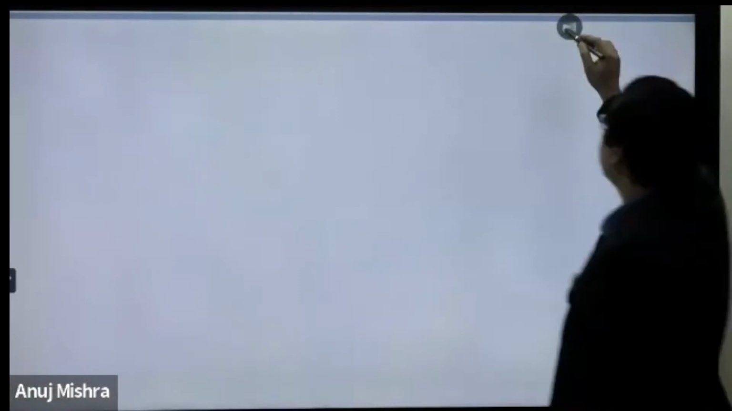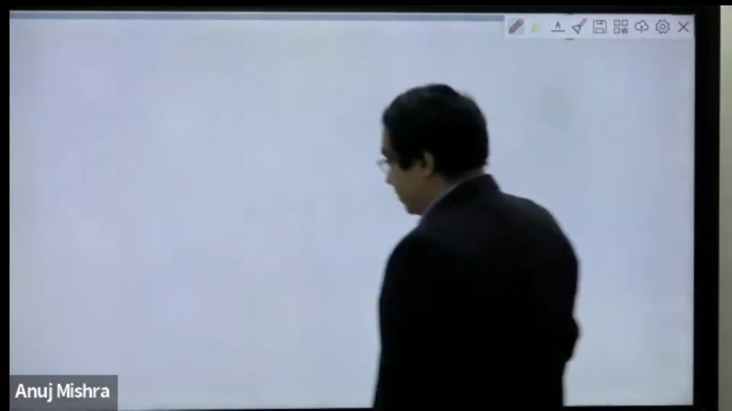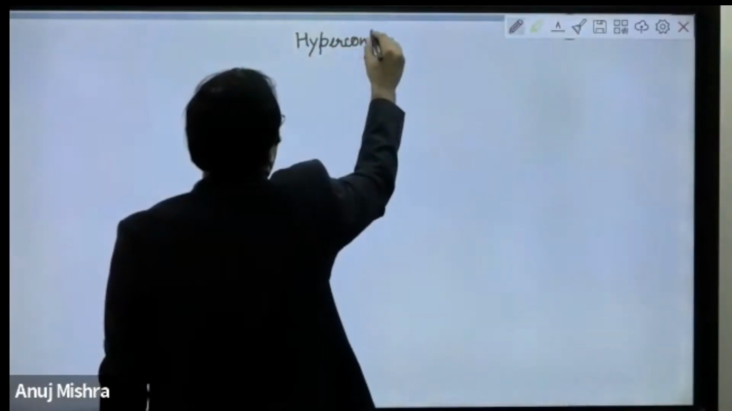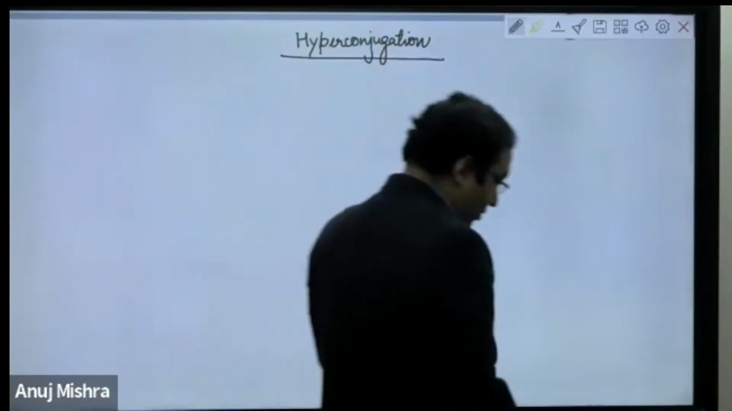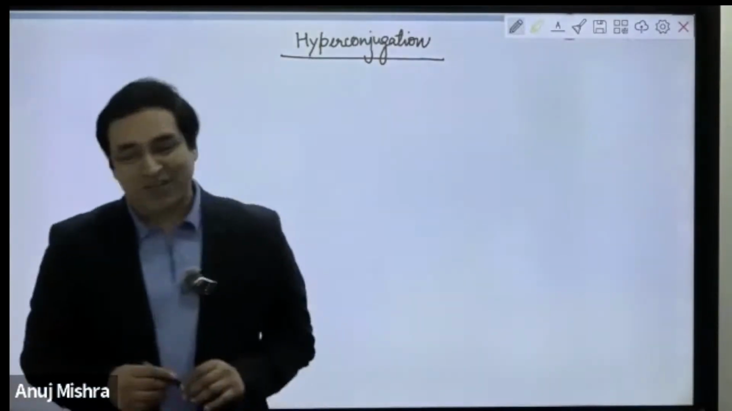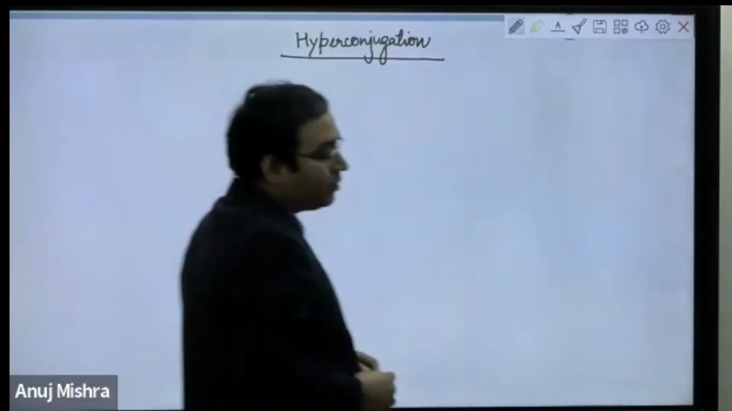Okay, let's do it. Hyperconjugation. Write few points, few more points. You've written only few points. Add few more points. This is used to explain. See, this is a theory, right? Hyperconjugation is a concept, it's a theory. This is used to explain